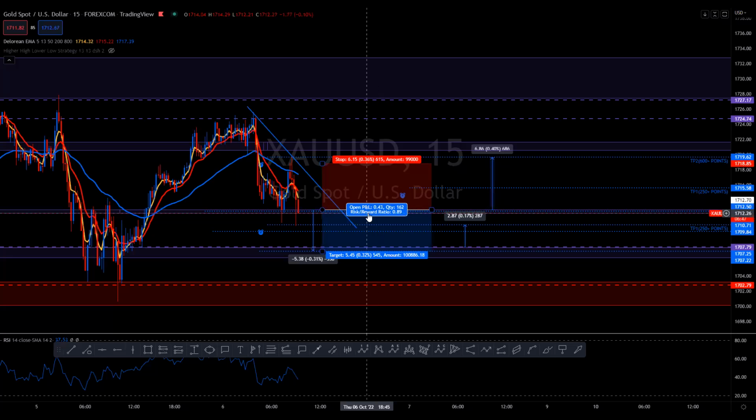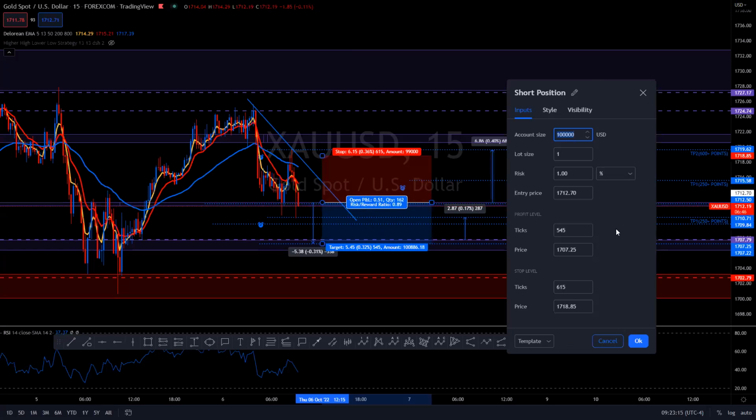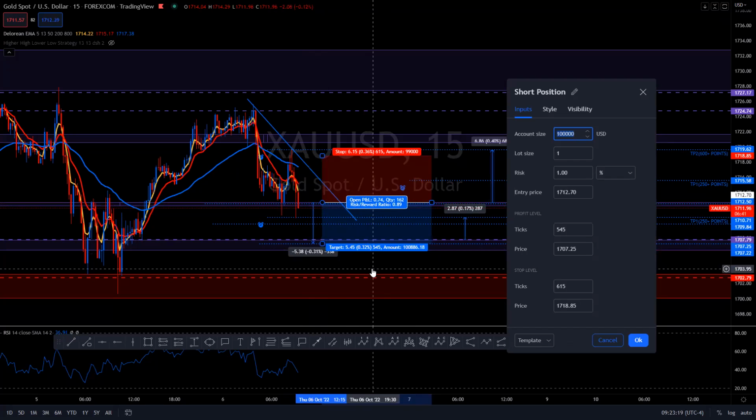Probably going to focus on selling this if it keeps on going. And then once it hits this zone to do a swing low, then I'm probably going to focus on buying it. Let me go ahead and put in my stop loss and take profit for the sell. That's probably what I'm going to do, but we'll see what the 9:30 bell does first. We'll just wait, but that's what I'm really thinking at this point.